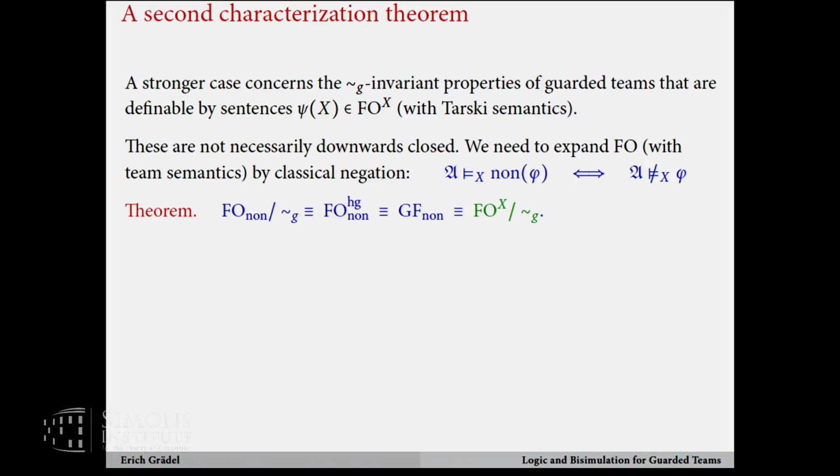So of course you don't have downwards closure anymore, you can use this predicate X anyway. So to get a corresponding thing on the other side, you have to add something to break this downwards closure, and what we have to add is classical negation. Right? Previously we had negation only on the atomic level. Now you have classical negation that you can really apply on the entire level of the team, but then you get a similar